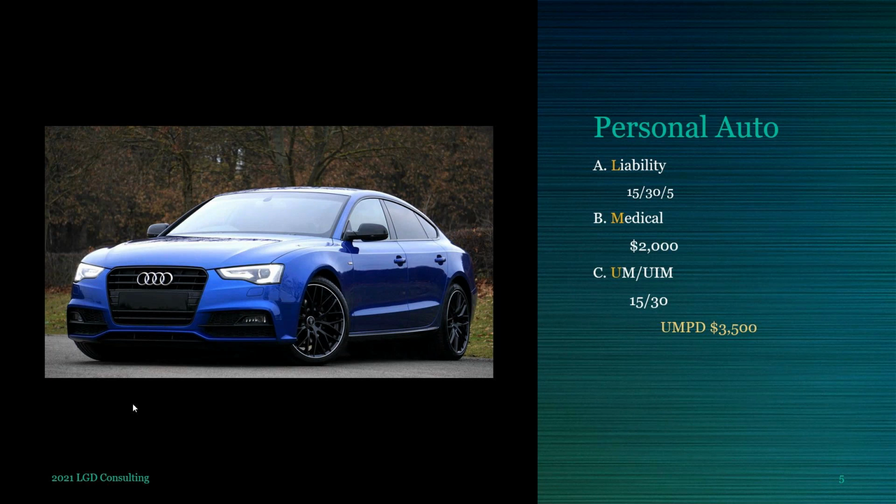And a lot of people say, I don't need medical. Yeah, I got a great HMO at work. You know, I got a $20 copay where our family's covered. That's awesome for you. But do you ever have your friends ride in your car with you? And what if they're injured in an accident that you caused? Is your $20 HMO copay at your work going to cover your friend in your car that's injured because of the accident you created?